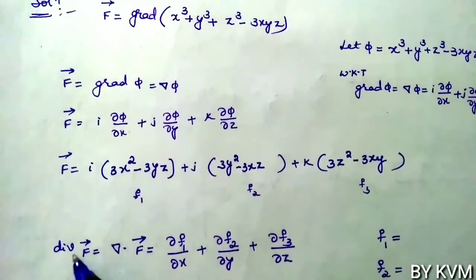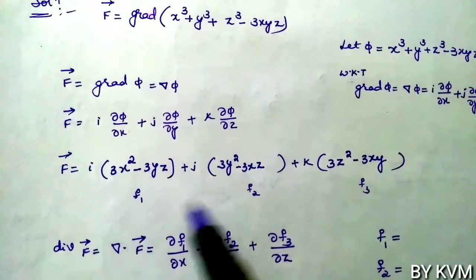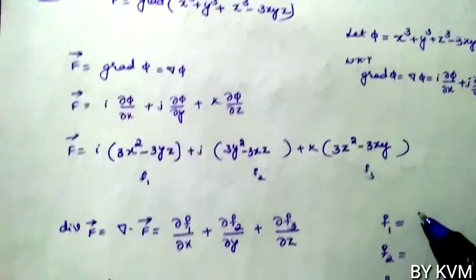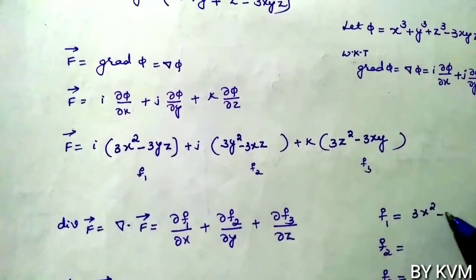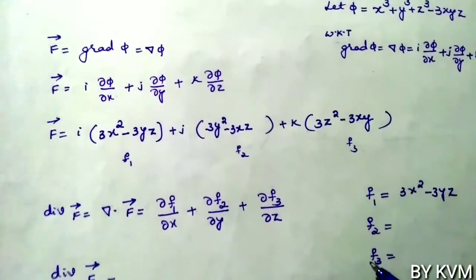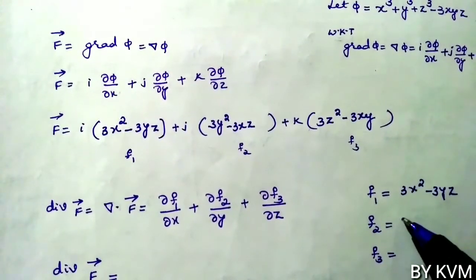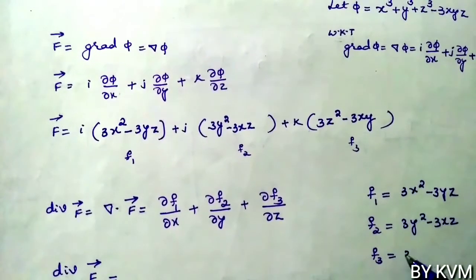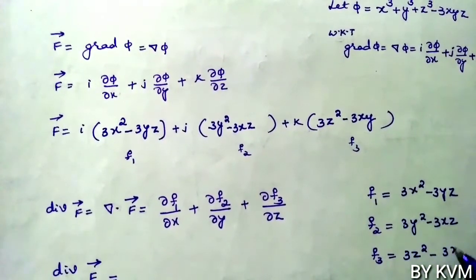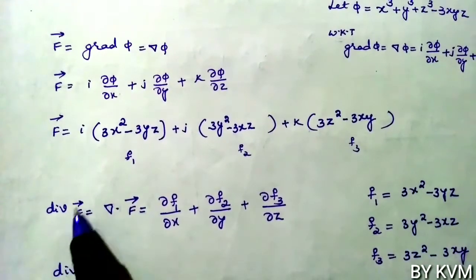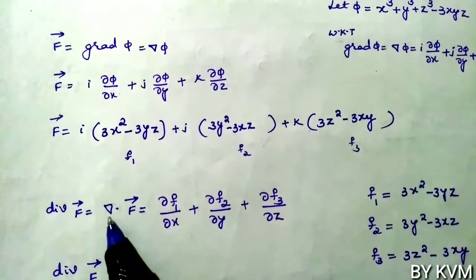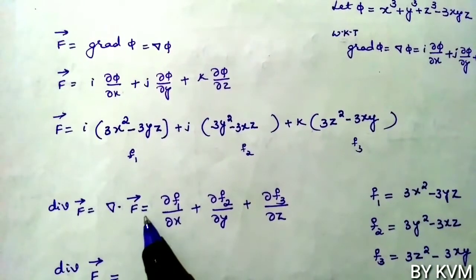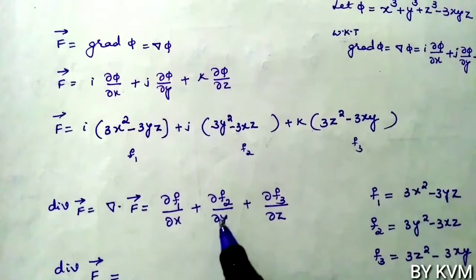Now to find divergence of vector f, coefficient of i is f1, coefficient of j is f2, coefficient of k is f3. So f1 is 3x square minus 3yz, then f2 is 3y square minus 3xz, and f3 is 3z square minus 3xy. So now divergence of vector f, we know it is dot product of vector differential operator and vector f. So this is equal to dou f1 by dou x plus dou f2 by dou y plus dou